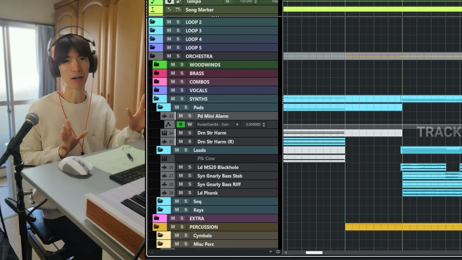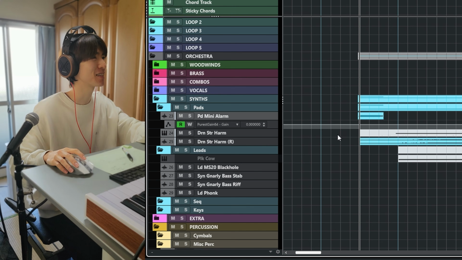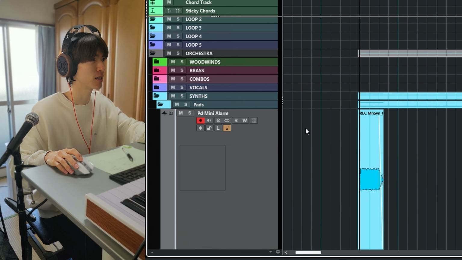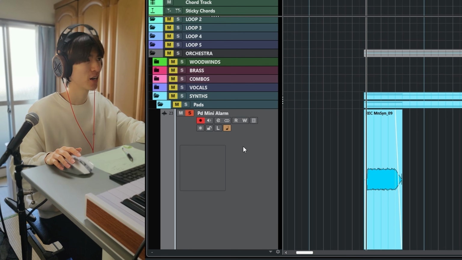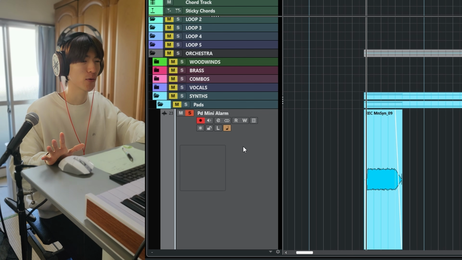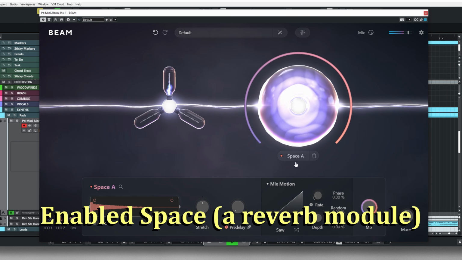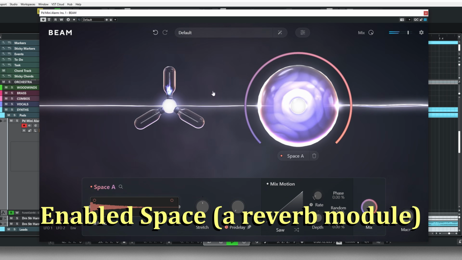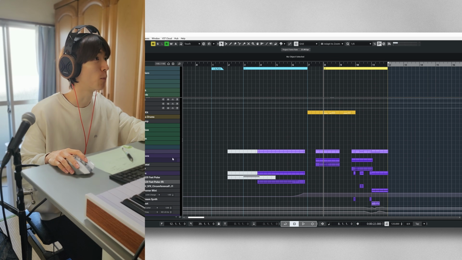Now, track breakdown, yes! Breakdown. So this song begins with this pad I showed you earlier. Well, this one is from my hardware synthesizer. This is Volt. The next, that lead or bass,